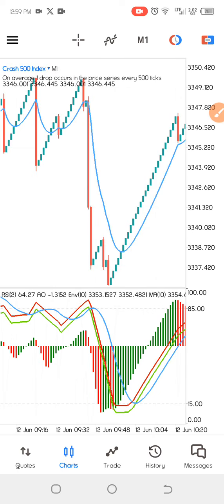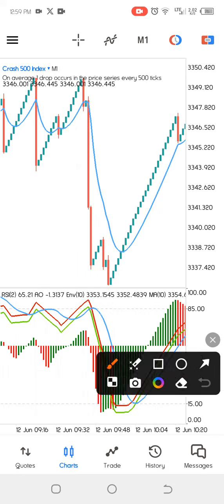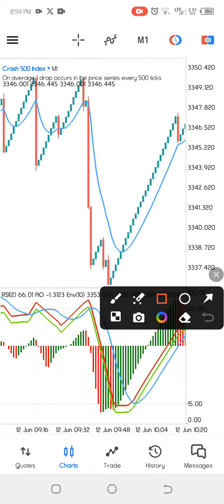Now the first thing you want to do is make sure that you see the awesome oscillator and the envelope line come to the 15 levels. Now the moving average does not matter. If the moving average comes to the 15 levels, that doesn't concern you. If it has not come to the 15 levels, that doesn't concern you. But what concerns you most of the time is that the awesome oscillator and the envelope line should come to the